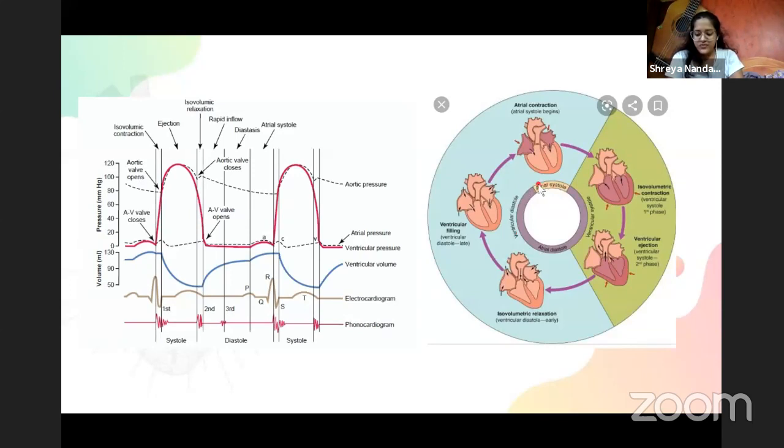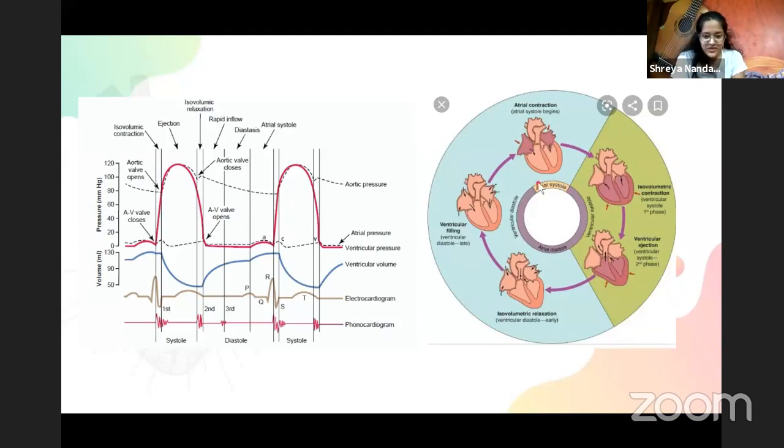So we start from the point where the venous return, that is the deoxygenated blood from the body, reaches the right atrium through the superior and the inferior vena cava. As the blood fills the right atrium, the pressure slowly starts to build up in the right atrium, and it undergoes contraction, as we all know. So just before the contraction,